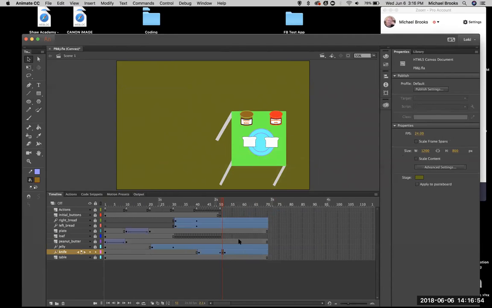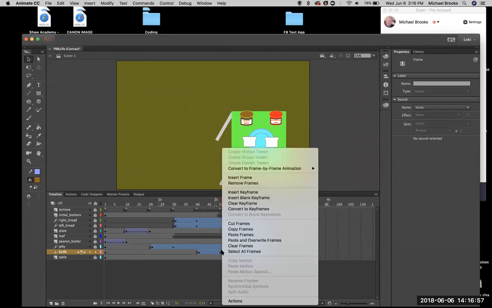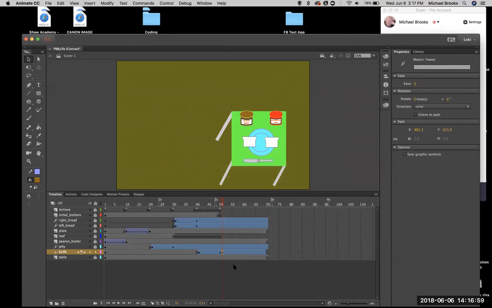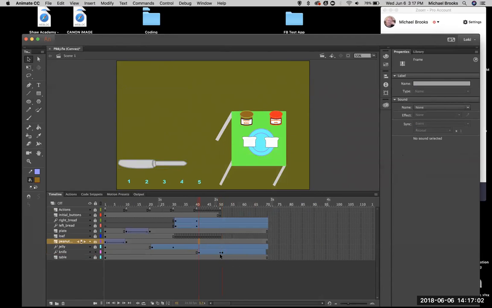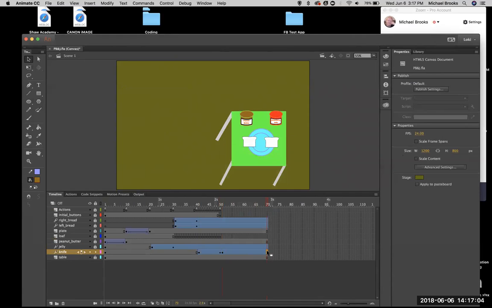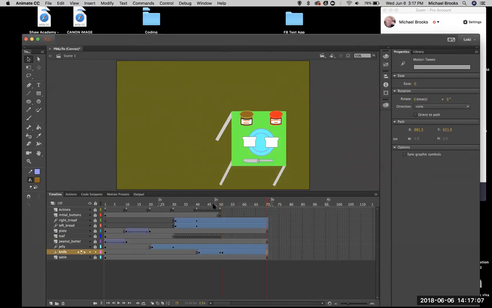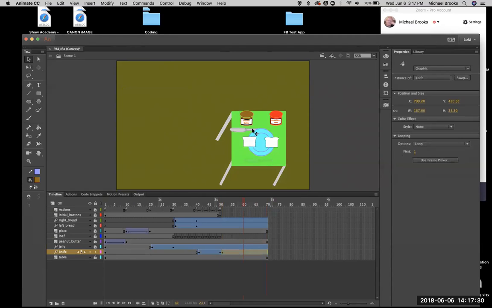So what I want to do now is just take this, and we're going to remove the frame. But notice how those are now separate. So now what I do is just control in this area right here. Okay. So next, what I want to do is, over 10 frames, dip it in the peanut butter. So right here, well, now we're going to take this